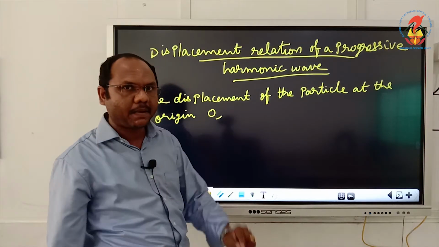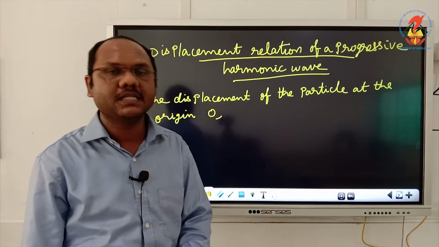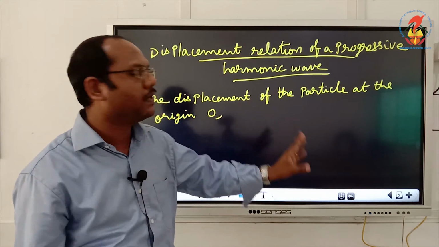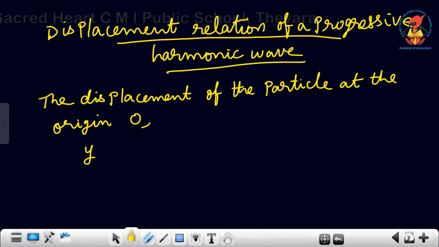So, imagine the particle is starting from the origin O, and at the time t equal to 0, the displacement of the particle at the origin can be given by the equation